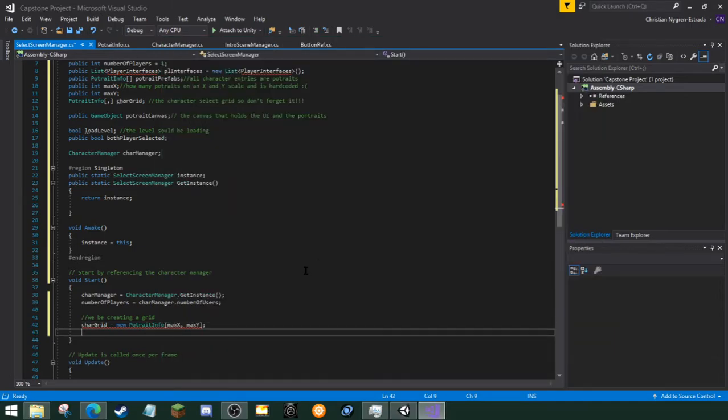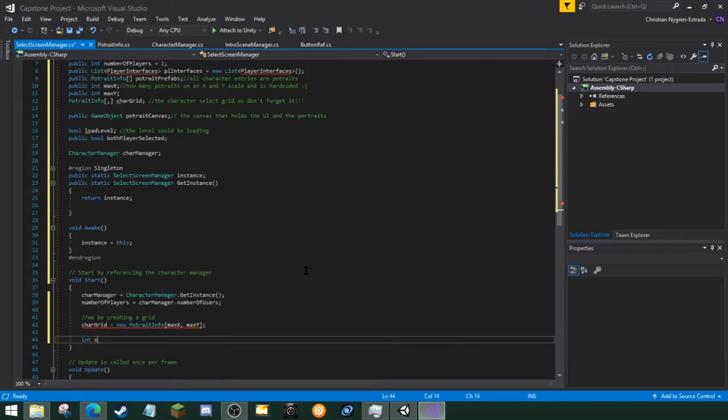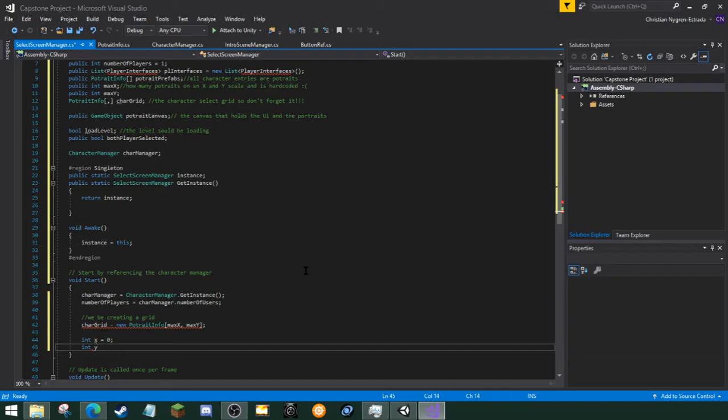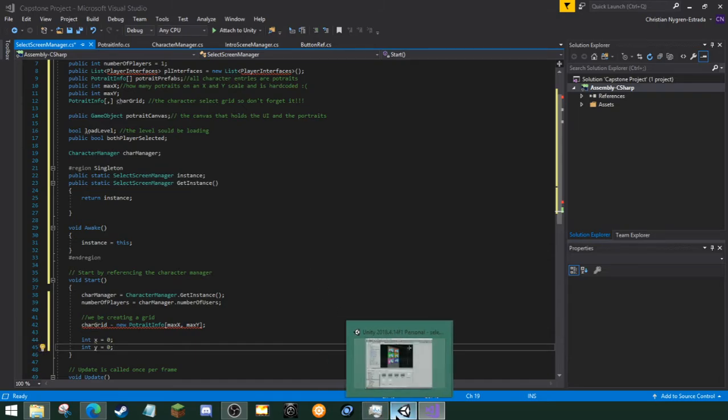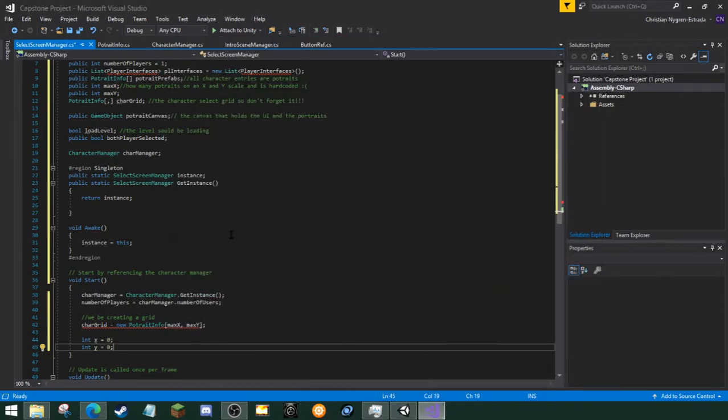And for this case, we're going to put integer or int x equals 0. Another integer, int y equals 0. And this tells the computer the instructions to keep this plane exactly where it's at, in theory, while adding more